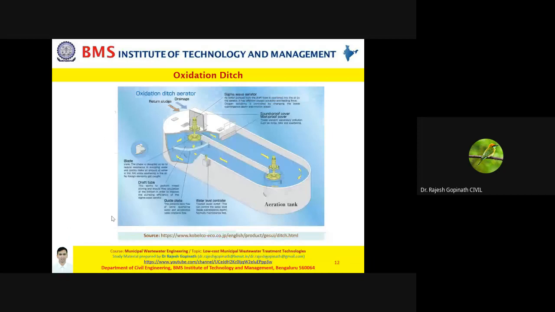Now let's again look at the oxidation ditch from a different perspective. If you observe very carefully in this image, this is your rotor. Where you saw the other rotor was on a different axis, this is on a different axis. You can either have a horizontal axis or a vertical axis, but the objective remains that it's a mechanical aerator. Since you have a horizontal or vertical axis rotation, you are propelling the wastewater to continuously flow.